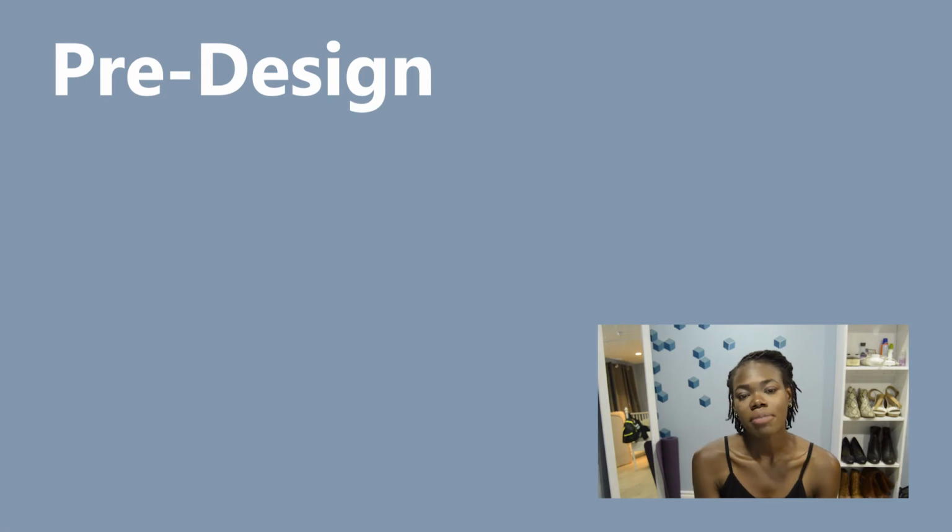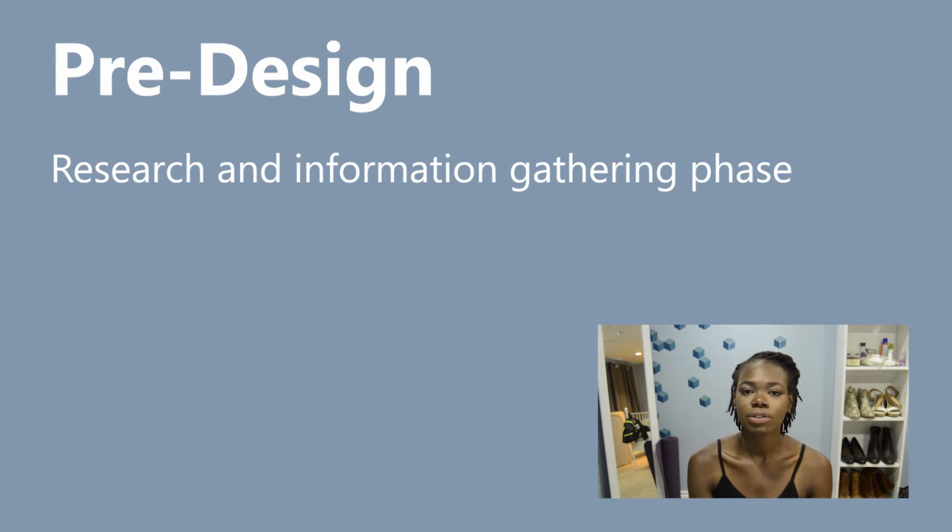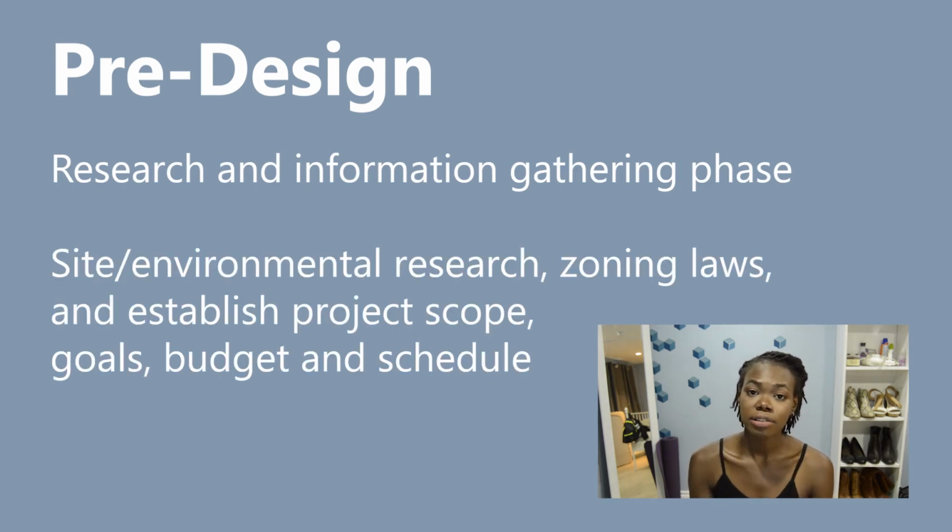So the initial step in architectural design is known as pre-design, and that's essentially your research gathering phase. So you do your background site research, you look into zoning, you look into codes, you look into your specific project scope, you formulate your project teams, etc. This is integral to any design